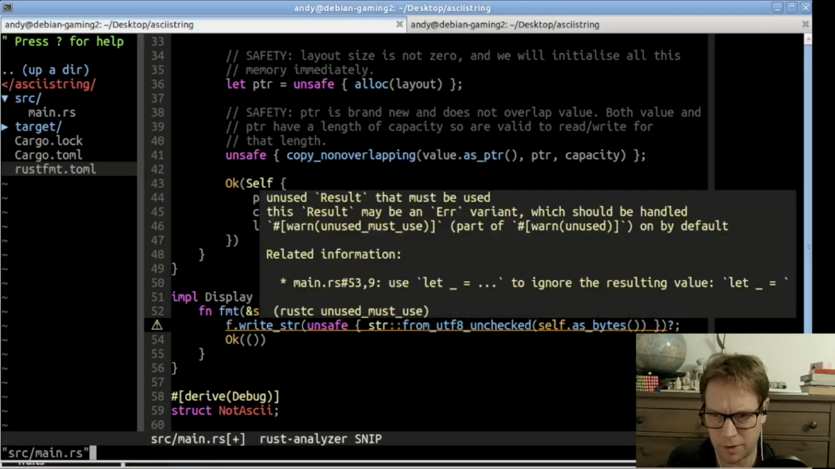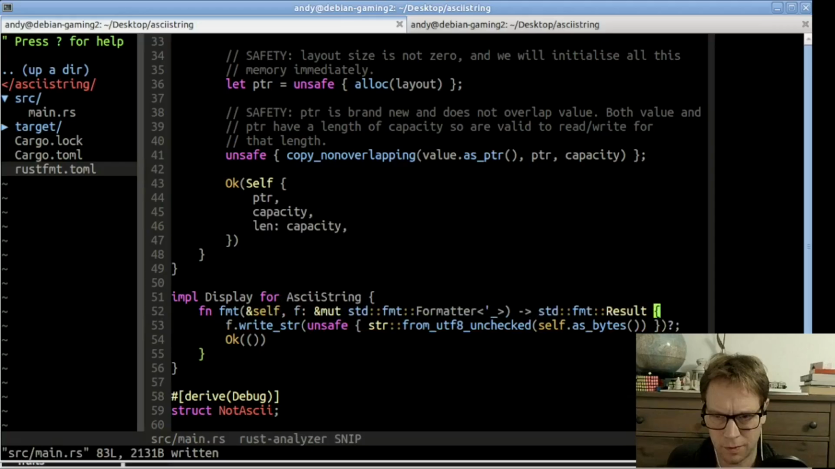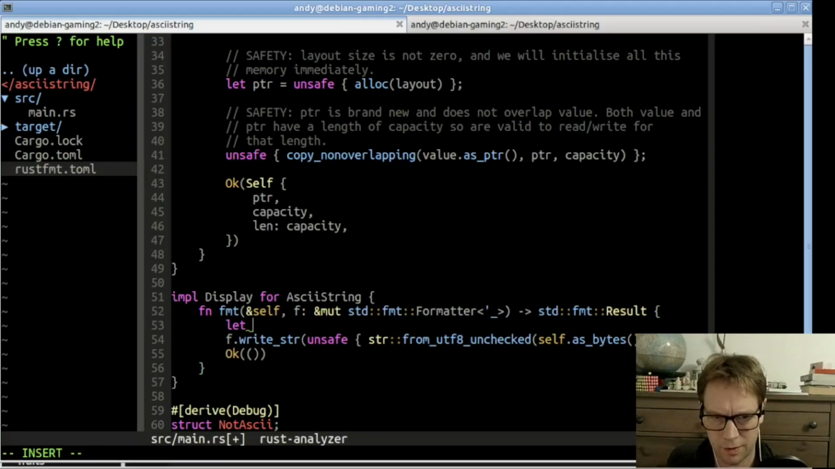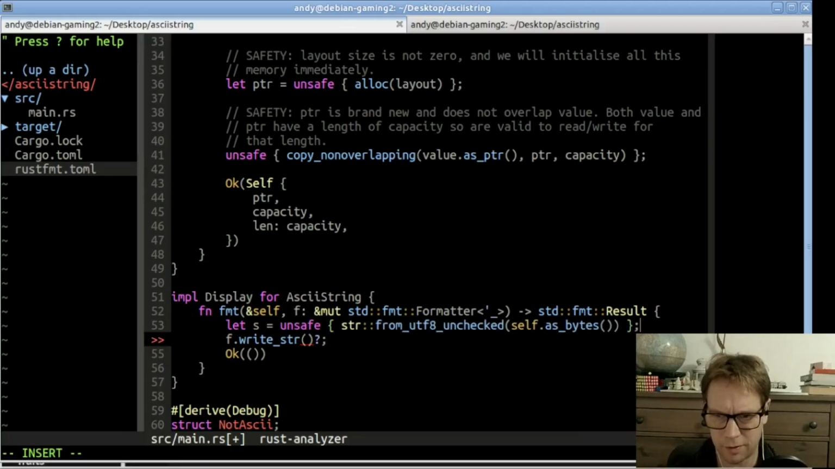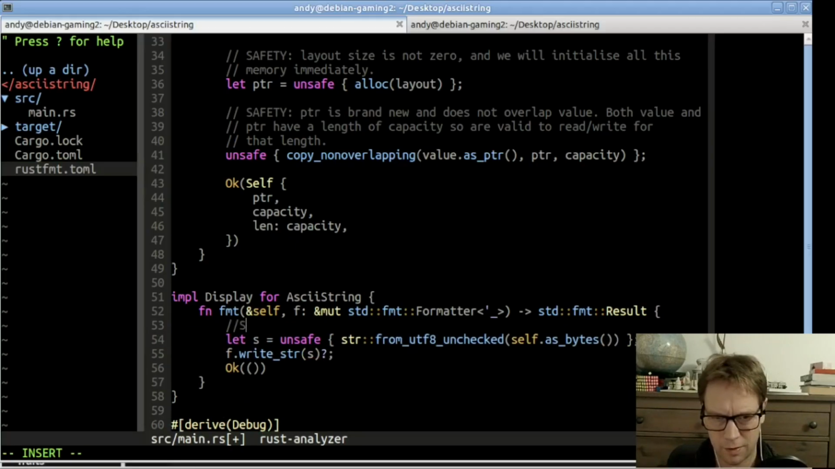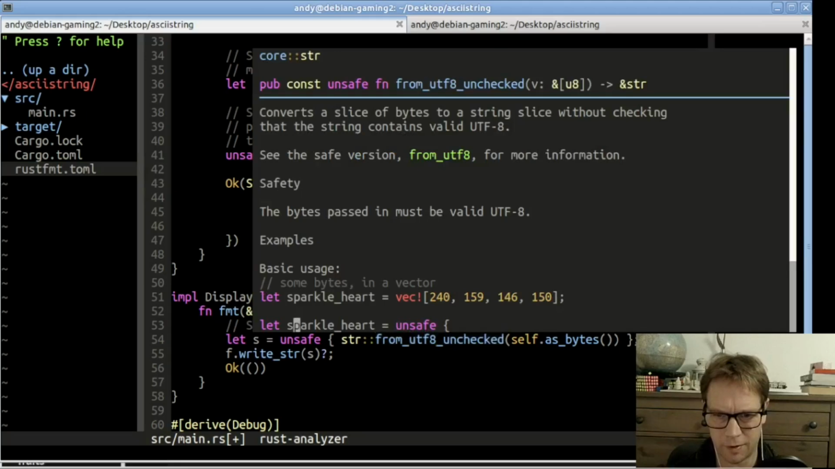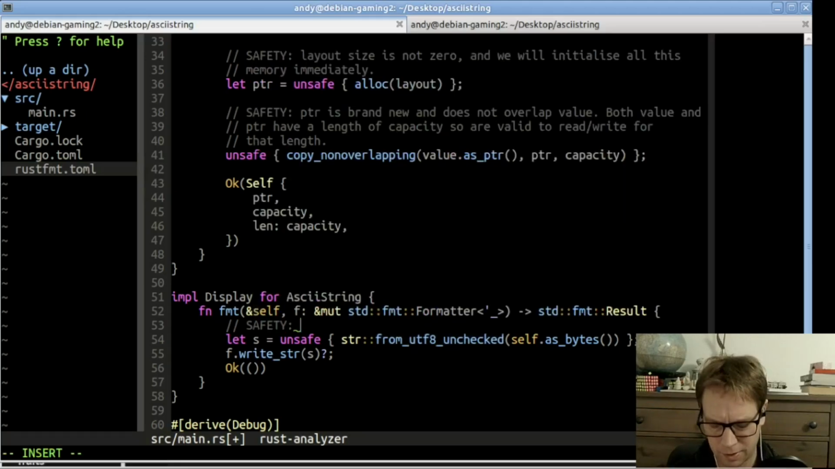I need a question mark, yeah. Alright, so let's do all this in a separate section so we can talk about safety. Safety. So from UTF-8 unchecked, presumably it must be valid UTF-8, so we can say yeah, because